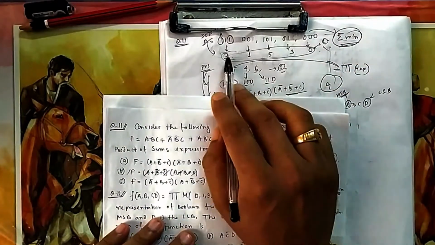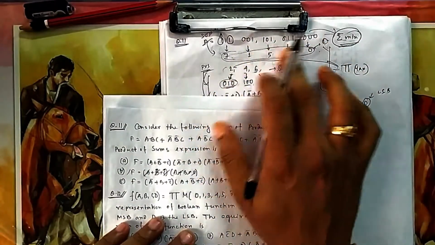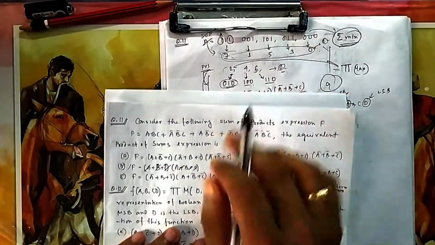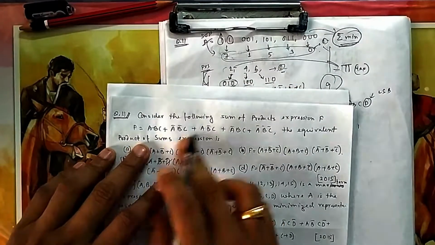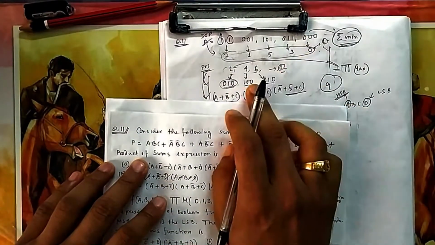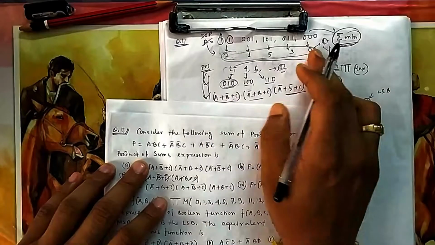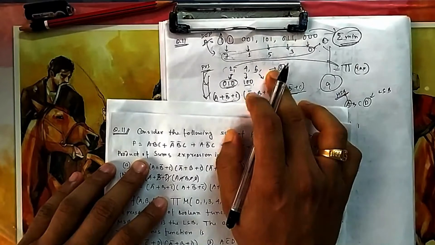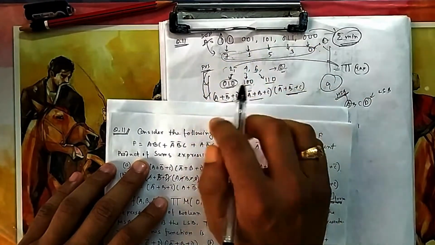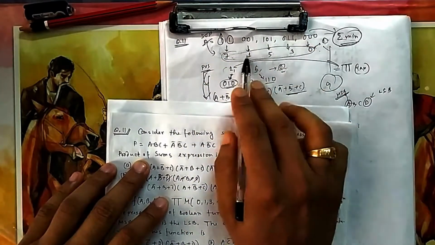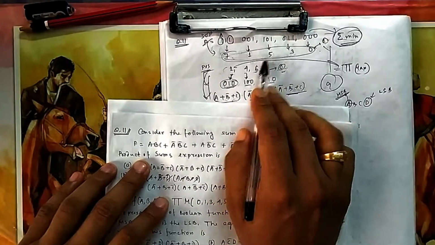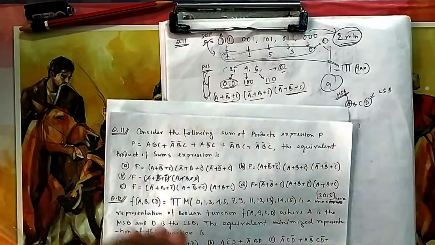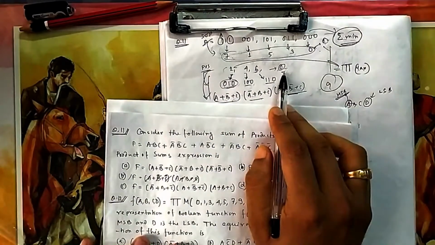You remember this one. So for SOP, in Karnaugh maps, all these states were giving me 1. But if they ask you to write in POS, product of sum, we write all the states where the output is 0. So these outputs are 1, and you write all the states which are missing there. From 0 to 7, 2 is missing here. You can see 3 is there, 4 is not there, so 4 I am writing, 5 is there, 6 is not there, so 6. So these states are giving me 0 output, so these will come in my POS.